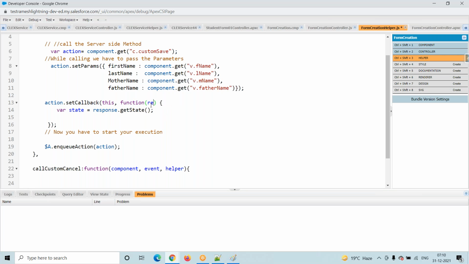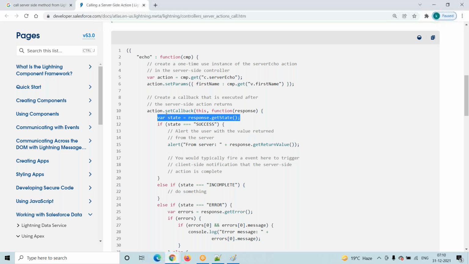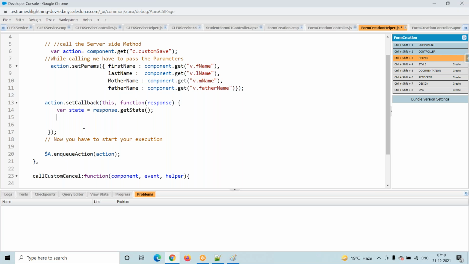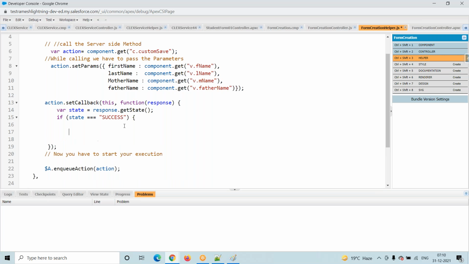Some people will use it like result, meaning here we have to use result. Action is nothing but the same name. For this one we are setting the parameters. The same method we are executing, and from the same method I am getting the result. Result is nothing but response. Once we get the response, we check whether it is success or failure. That is nothing but state. If it is success, then state is equal to SUCCESS.